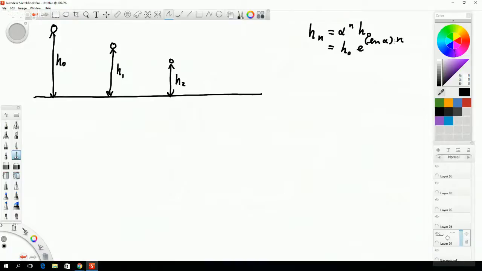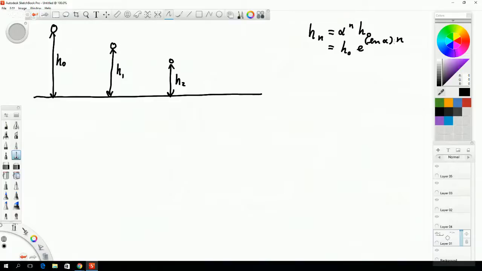So we're thinking about how far the ball travels before it stops bouncing. In other words, the total distance traveled. Okay, so what do we need to do? We need to sum up all the distances traveled in all the sections of this process. The ball falls for a height hn to height 0, where the table is. Then it bounces back to height hn plus 1, falls again back to height 0, and so on and so forth.